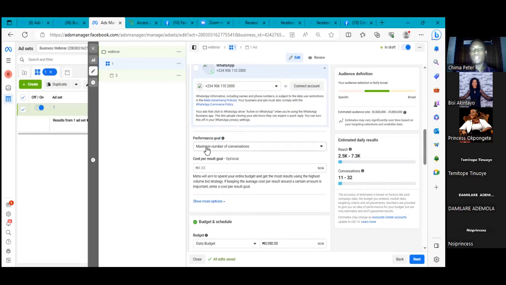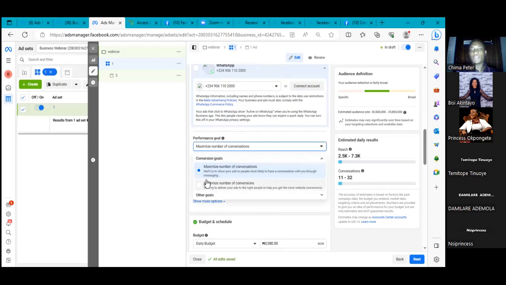So you can see now, Facebook is trying to maximize the number of your conversations. Facebook is not optimizing for sales again. Not optimizing for people that can buy your product. They are trying to show ads to people that will likely communicate with you through messaging to start a conversation with you. So if you are running ads to your WhatsApp and you are getting low quality leads or people that will not actually buy, that's because your performance goal is actually for them to